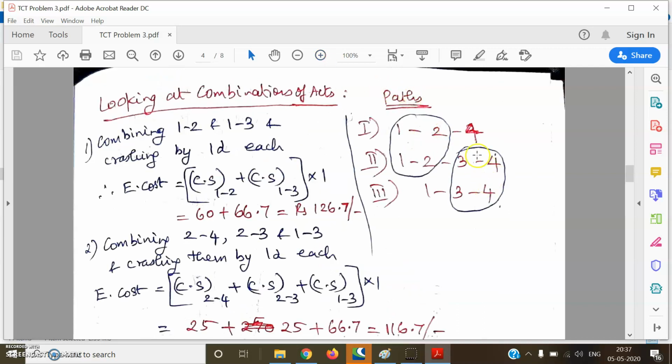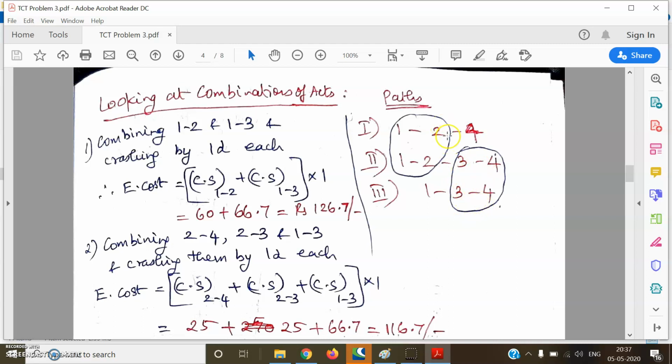So I've repeated the list of paths here. Now, what combinations can we work out? If I crash 1, 2 along the first and second path, it will be common for first and second path. And then for the third path, I will take 1, 3 as one combination. Since all the 3 paths are critical, we have to retain them as critical. One important thing to be noted in this problem is that in first and second path, one activity is common, and similarly, in the second and third path, another activity 3, 4 is common across these 2 paths.